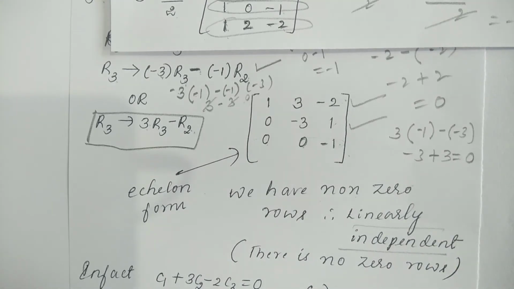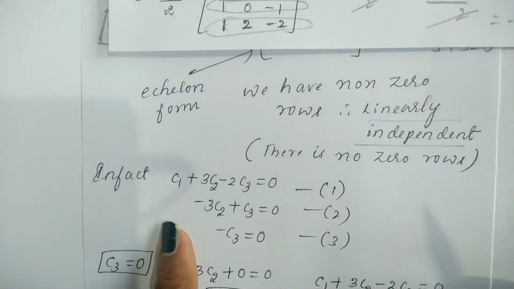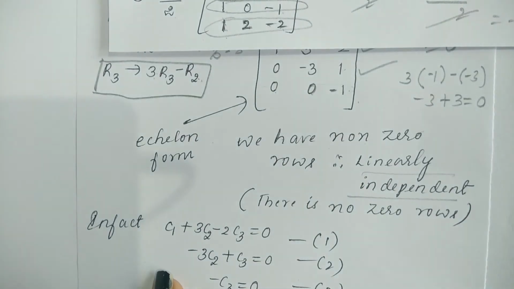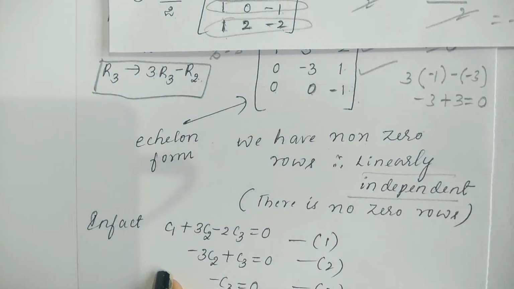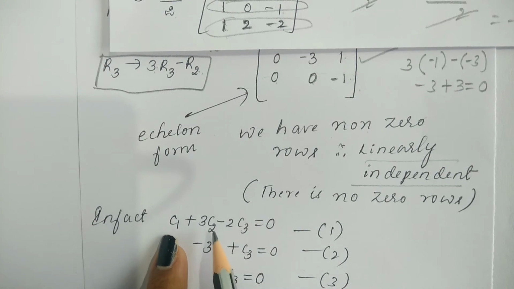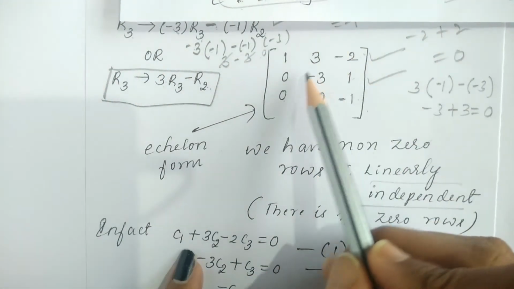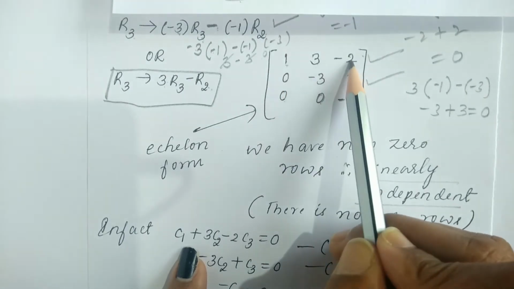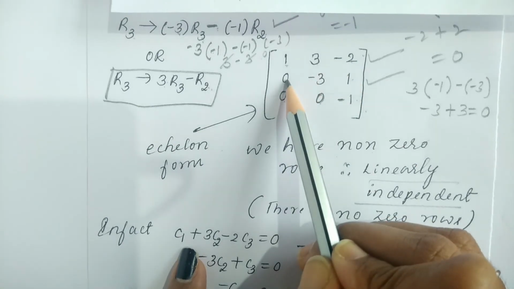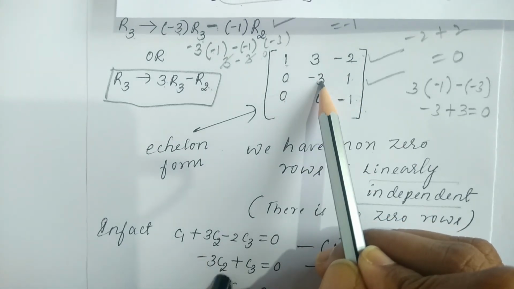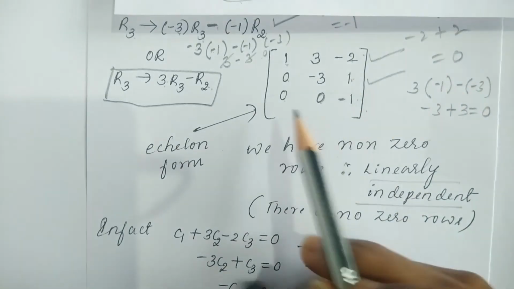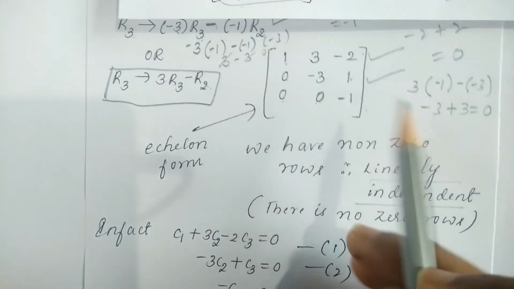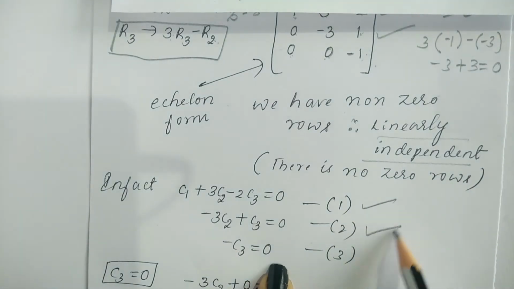Okay. So in fact, what are the C1, C2, C3 values? So here you get directly which is linearly independent. To find out that C1, C2, C3 are 0, for that here I am continuing the question. This is the coefficient of C1, this is the coefficient of C2, this is the coefficient of C3, that is C1 plus 3C2 minus 2C3 equal to 0. C1 is 0 and here minus 3C2 plus 1 into C3 which is equal to 0. Here C1 is 0, C2 is 0, C3. So what is that? Minus C3 equal to 0. We get equation 1, equation 2, equation 3.